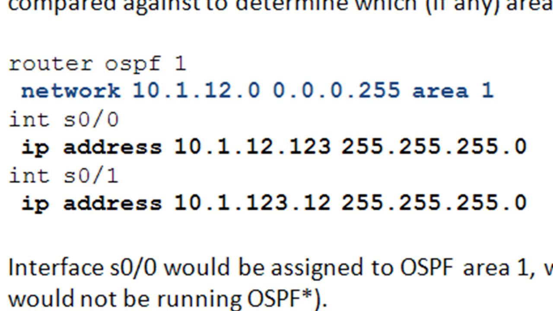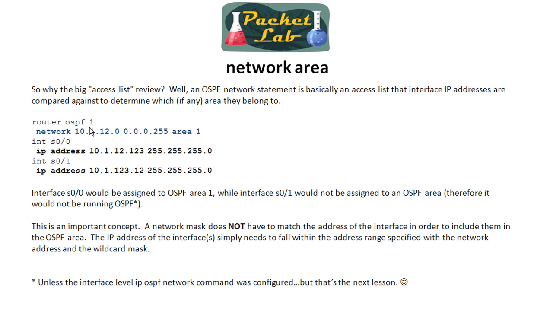so it's not going to be running OSPF on that interface. So the big takeaway of this is that the network area command is going to be a range of IP addresses. So it doesn't have to match exactly the IP address of, let's say in this case, 0/0. You don't have to have 10.1.12.123. As long as this address is within that range, it's going to be assigned to that area. In this case, 0/1, since it's not in that range, it's not going to be assigned to area 1,